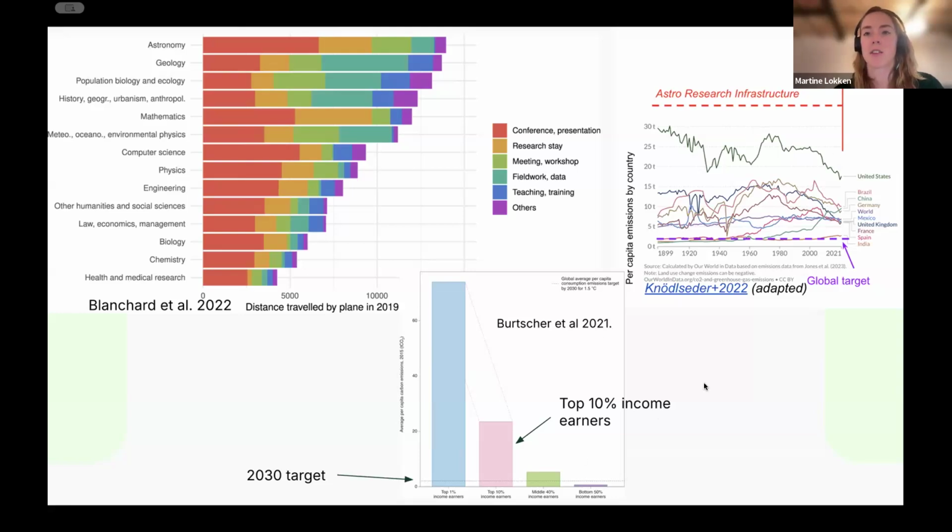And of course, in general, a lot of us fall into these top couple of categories of income earners. Even if you don't think you do, you probably do, because if you're in a country that has a higher standard of living, the threshold is not that high to be part of this top 10% or 20%. And of course, the bottom 50% here are contributing very, very little.